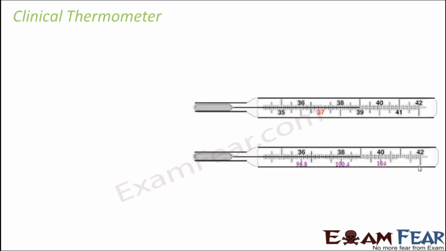The first type of thermometer that we will discuss is a clinical thermometer, and it is normally used to measure the temperature of the human body. In fact, measuring the temperature of the human body is a very important application of the thermometer, because whenever we fall ill, measuring body temperature is something which is very common and at the same time very important. If you look at this thermometer, it reads from 35 degrees Celsius to 42 degrees Celsius. You see, it's actually a very small range.